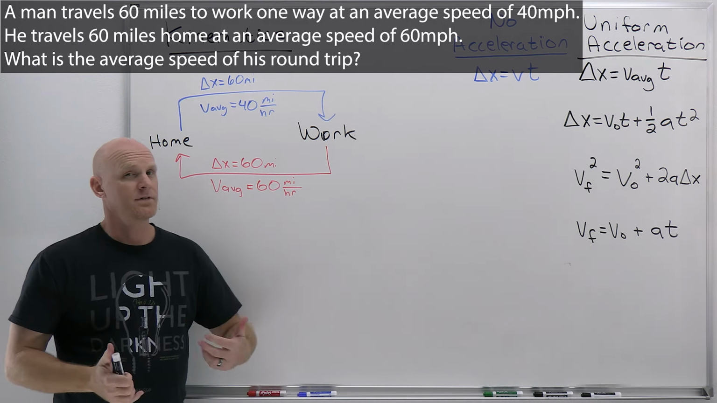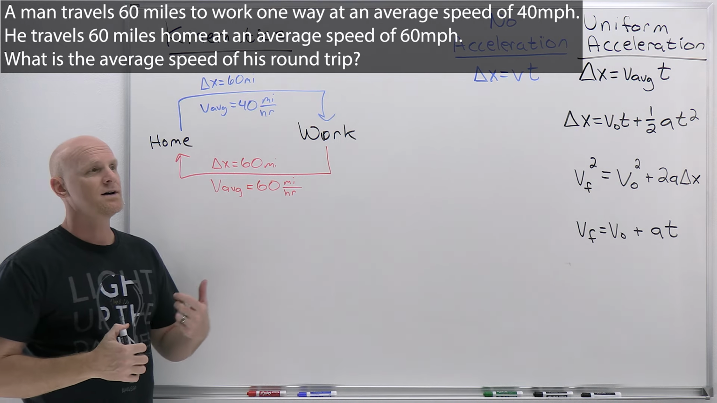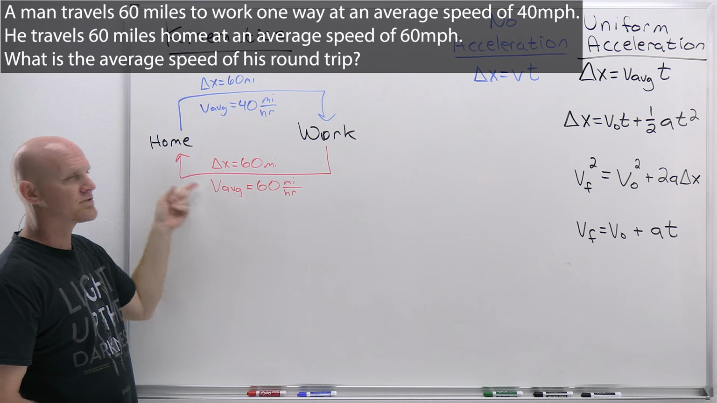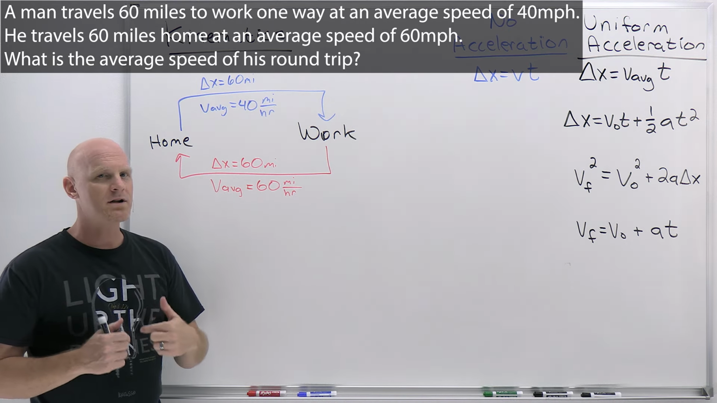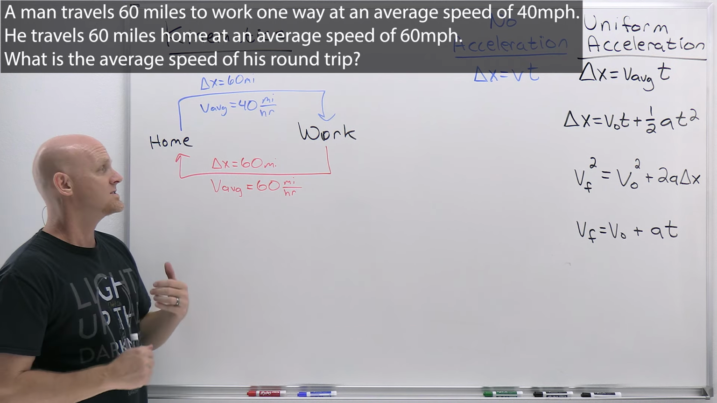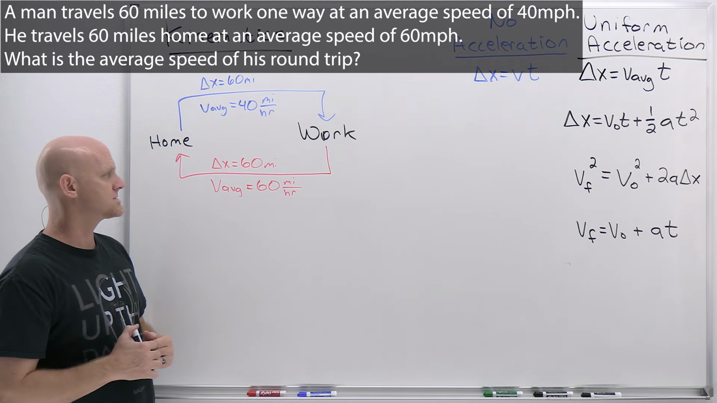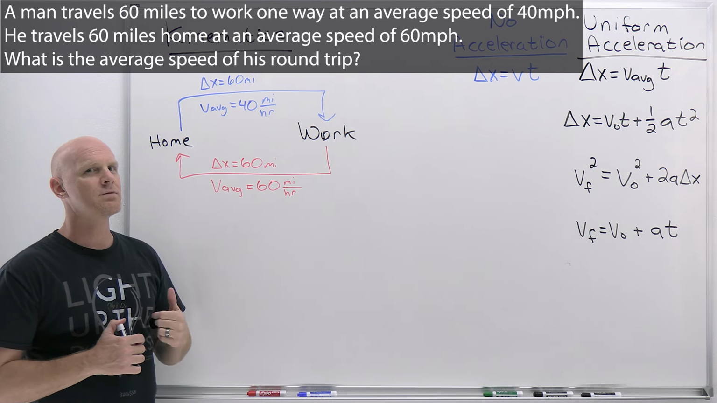Okay, so again, if your intuition is telling you the average is going to be 50, it kind of looks that way. You're like, well, it's 40 miles an hour on the way there, 60 miles an hour on the way back, the average is 50. Except the problem is he doesn't spend the same amount of time going those two average speeds. So if you say, does he get to work faster or does he get home faster? Well, he's traveling faster on the way home, so it should take him less time to get home,